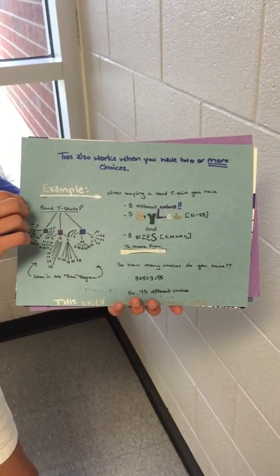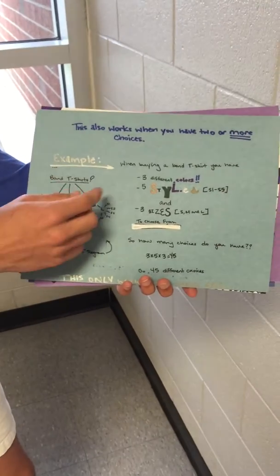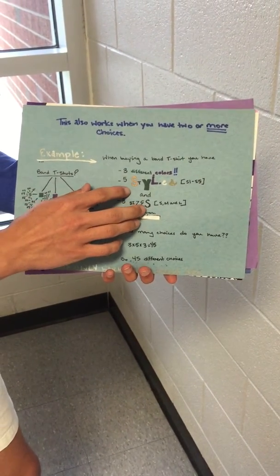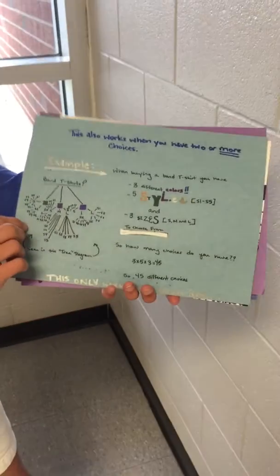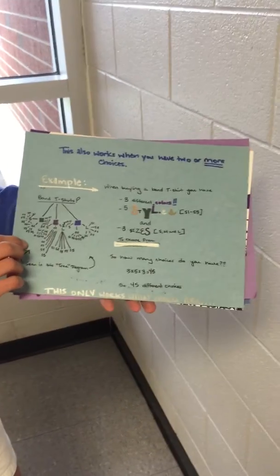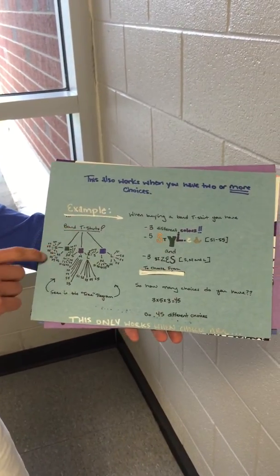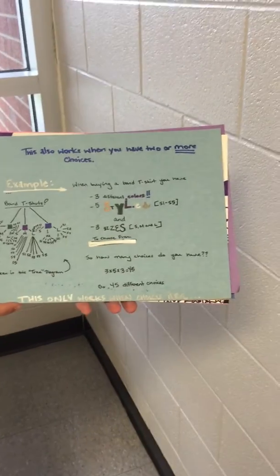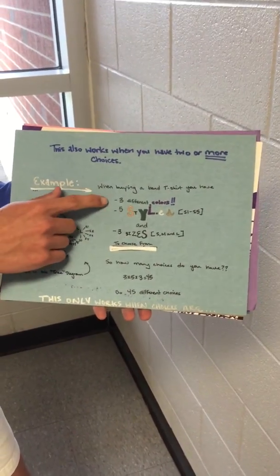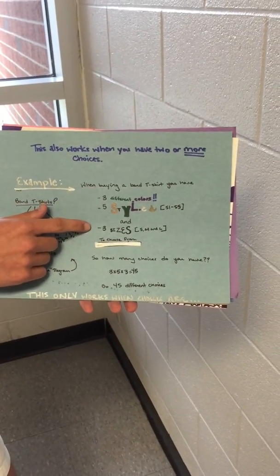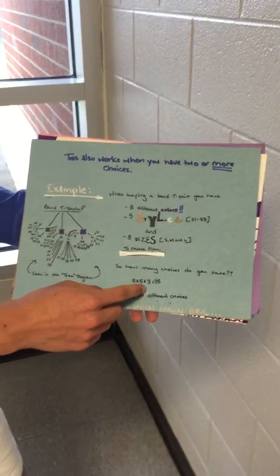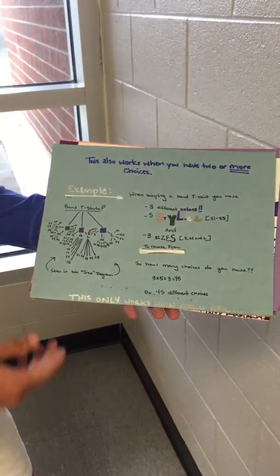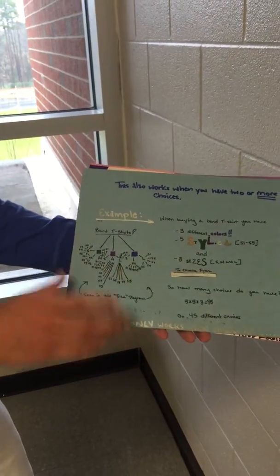Alright, this also works when you have more than 1 choice. Example would be when you buy a band t-shirt, you have 3 different colors, and then you have 5 and 3 different sizes to choose from. So how many choices do you have? Basically, you can go through and do all the little tree diagram, but that can get a little tedious. So we're just going to go back to the basic formula and multiply 3 times 5 times 3. So how many choices do we have? 3 times 5 times 3 is equal to 45. So 45 different choices. This only works when choices are